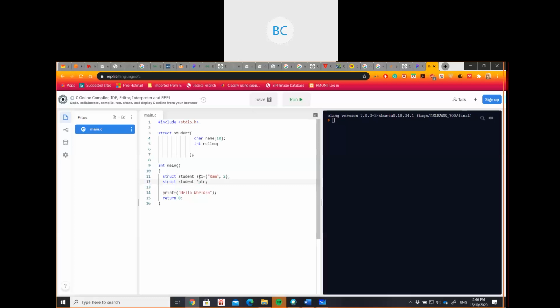The main variable where you are storing the data is also of type struct student, and the pointer that will give you access to the values inside this st1 variable should be of the same data type. That's why both the variable st1 and the pointer have the same data type, the declared struct student. Now I'm going to give the address